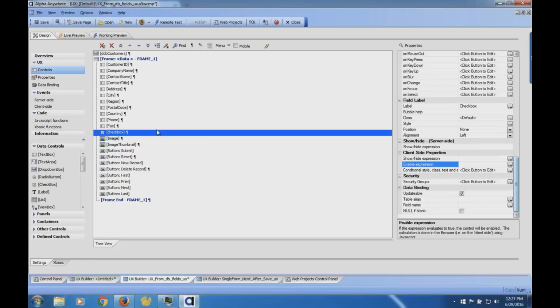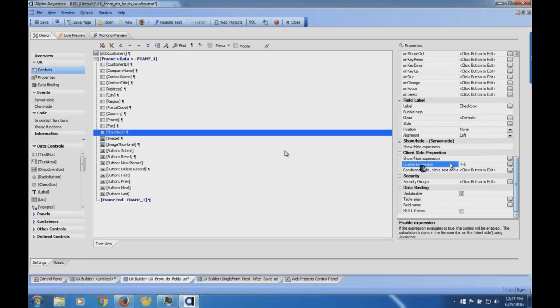The easiest way to make that read-only is just make an expression 1 equals 0, and what will happen is it analyzes this expression and says, oh, false, I'm not going to enable your control. So that's a fast and dirty way to do that.